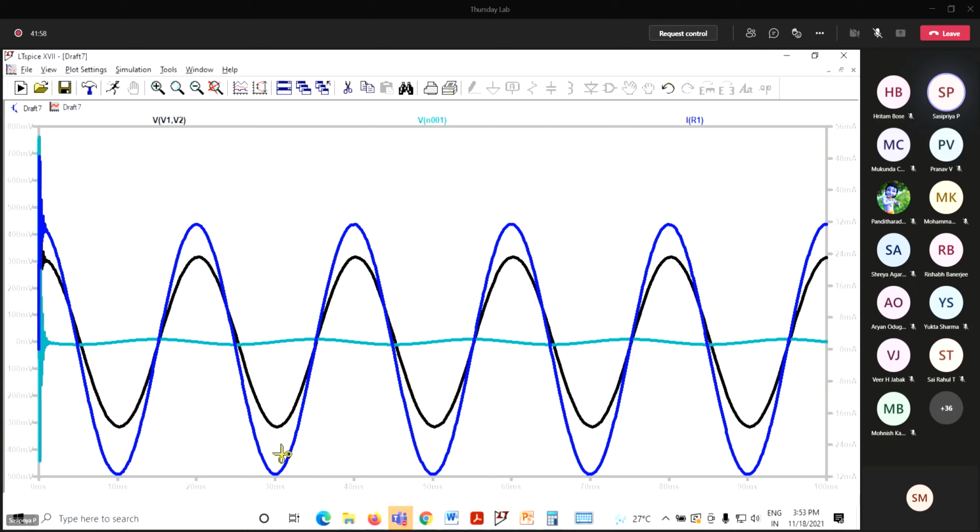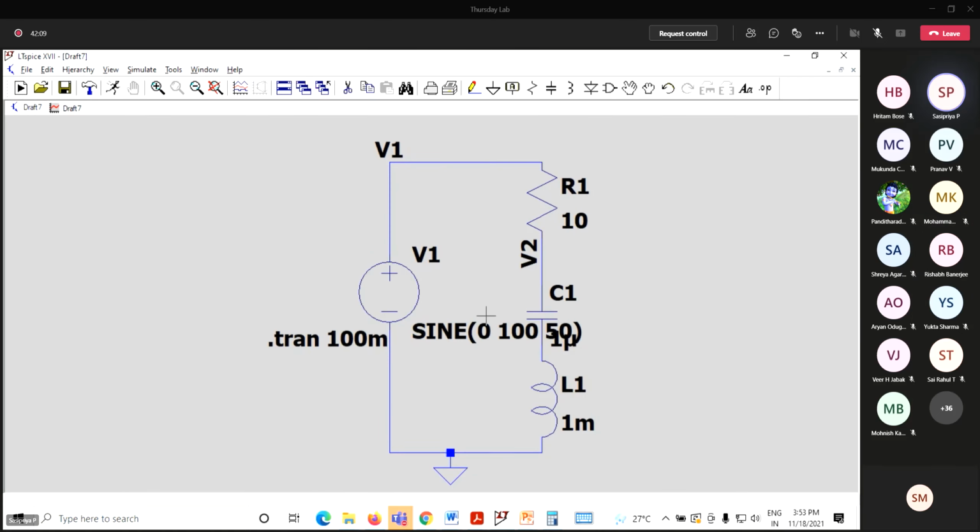Is this clear? Yeah, but I was asking about I of V1. Yeah, I of V1. The reason we are getting I of V1 different is because your reference current is in this direction. You can see the direction of the current. The original current is in the opposite direction, but the current plotted by SPICE is in the downward direction. The original current and the simulated current are in opposite directions.